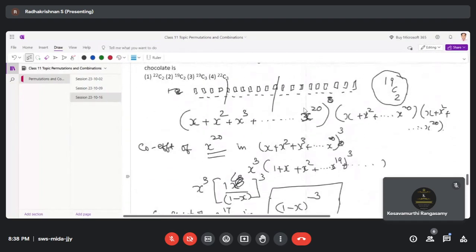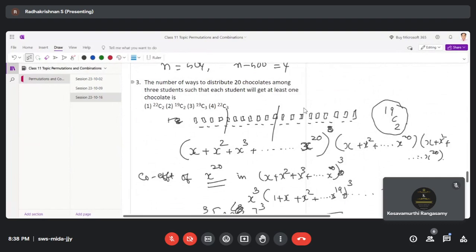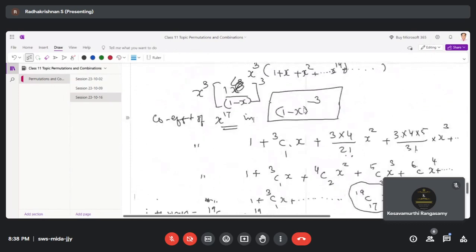Suppose they ask you, each student, this condition is not there, then what will happen is, there is a general formula for that. If you distribute 20 chocolates among 3 students without any condition, but there's at least one chocolate, that condition, suppose no condition is there,